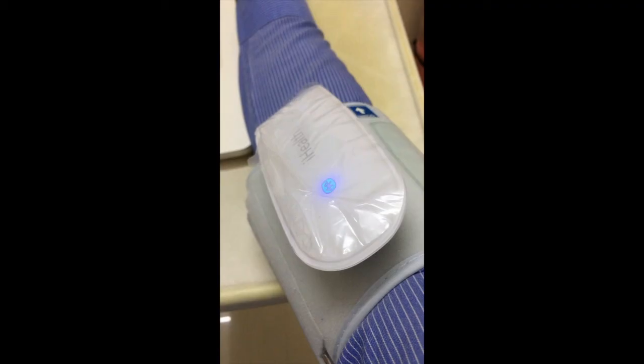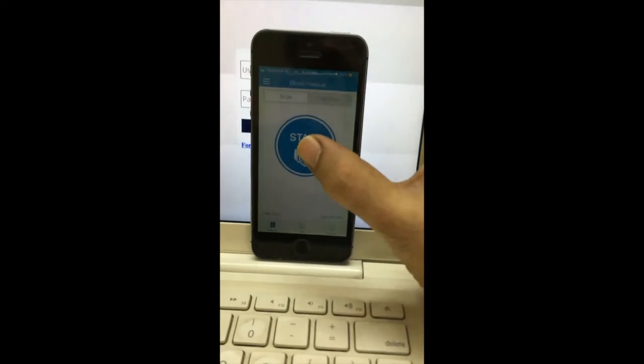Next up is the blood pressure device, which too is connected via Bluetooth, and the blood pressure monitoring is being done. This device too connects via Bluetooth.